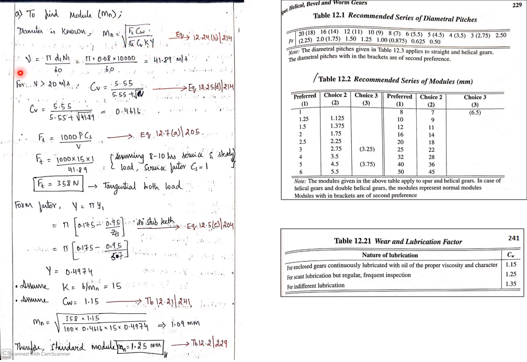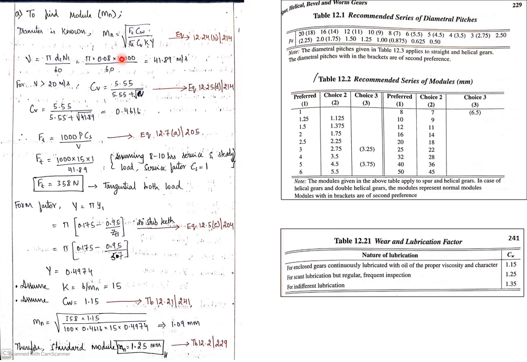First we need to find the velocity to calculate the velocity factor. Velocity is equal to pi d n by 60, where d1 n1 represent the pinion parameters, because the design is based on the pinion. If you substitute the values in meters, you will get the velocity value. To check this velocity value, if you go to page number 214, see, the velocity is greater than 20. In the velocity factor, if it is greater than 20, this is the formula which you use. So velocity is substituted, and you will get the velocity factor. Okay, done.